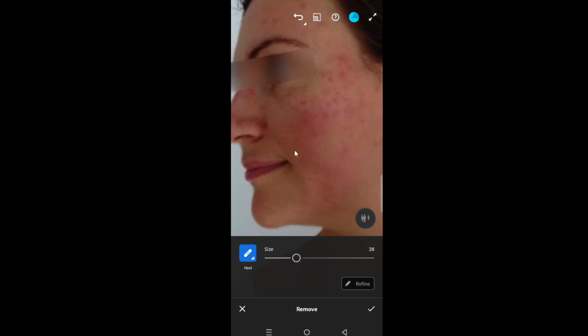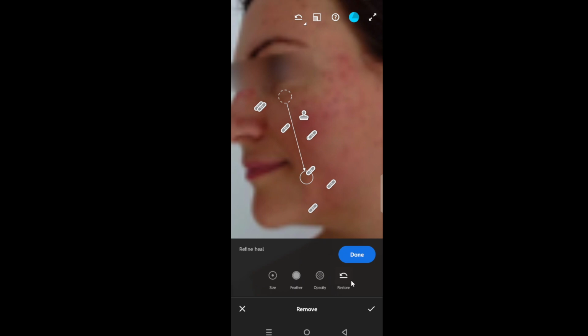Lightroom will automatically choose a nearby source area to patch from. If the result doesn't look quite right, drag the source circle to a cleaner, similarly lit area for a better match. You can also adjust brush size, feather, and opacity in the tool controls. A slightly soft feather helps the edges blend, and keeping the brush just a bit larger than the blemish gives a clean, natural result. Use short strokes and undo if needed to try again.